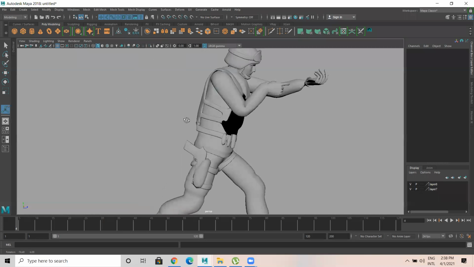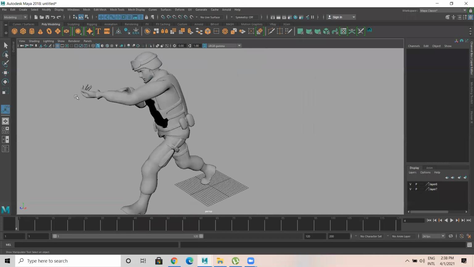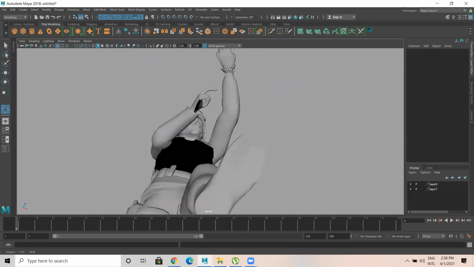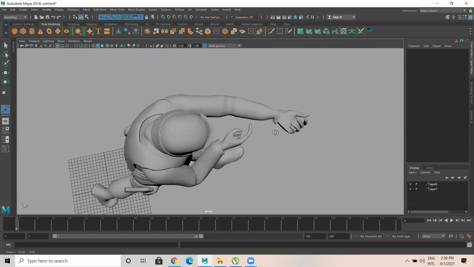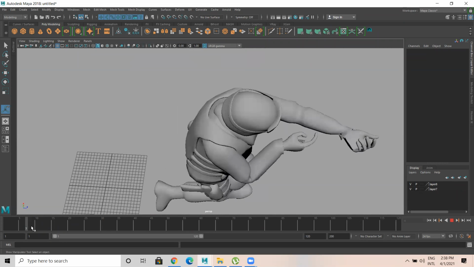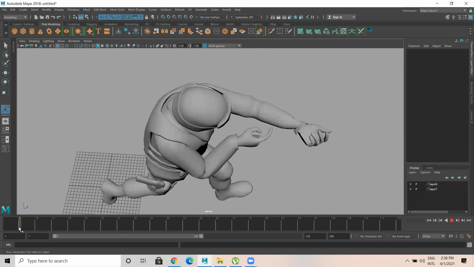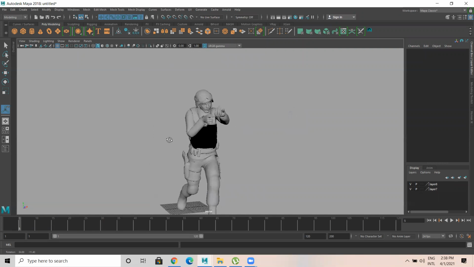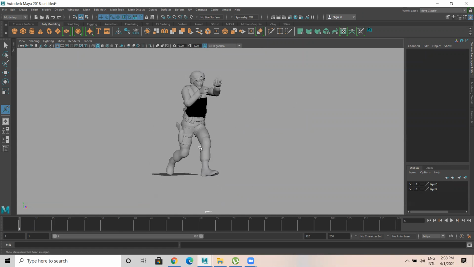Now in this scene, there is actually a prop, one extra rifle for this model. That prop is not available in this. I think there are rig issues. That's okay.